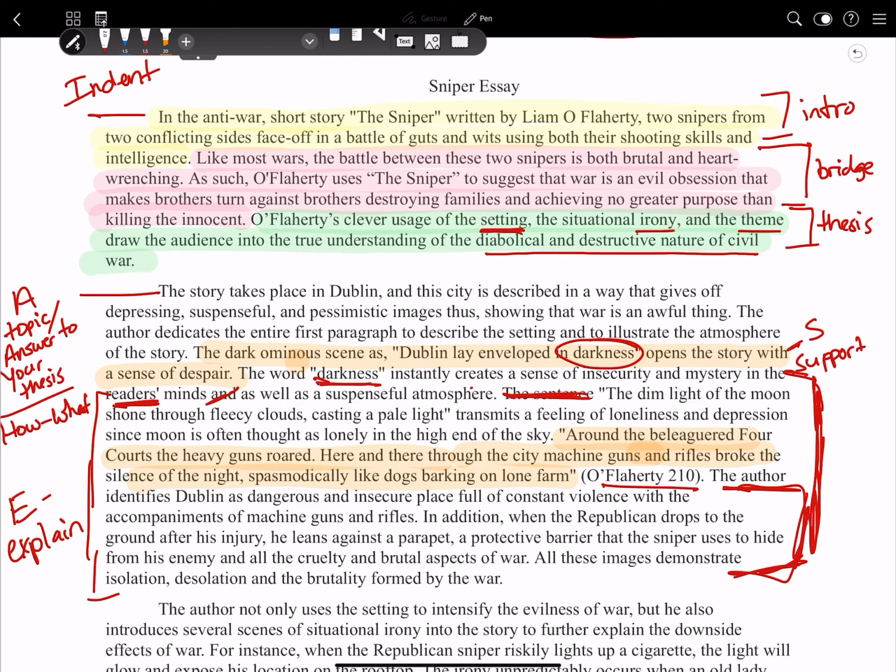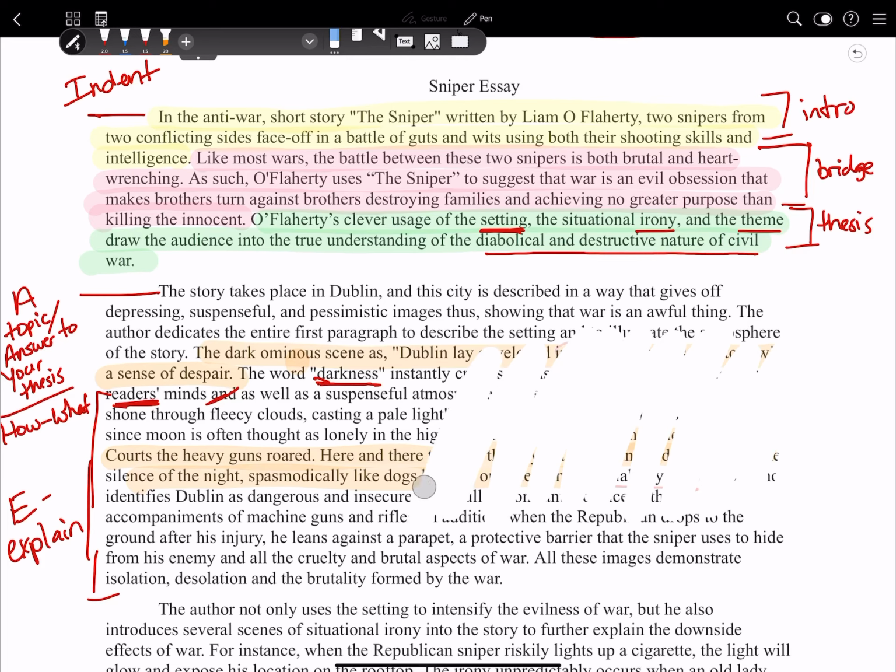I will warn you, you want more explanation than quote, and you want the majority of it to be your stuff. Even though you do want quotes, you want the majority of it to be your explanation. Think of it as a giant essay. You have your answer, you have your quote, and then you have your explanation. Yes, she put 2 quotes, but for each quote she added an explanation. And her explanation was not short. She has explanation here, and then she has explanation here. Okay? So, essentially, if you broke that down, let's go through